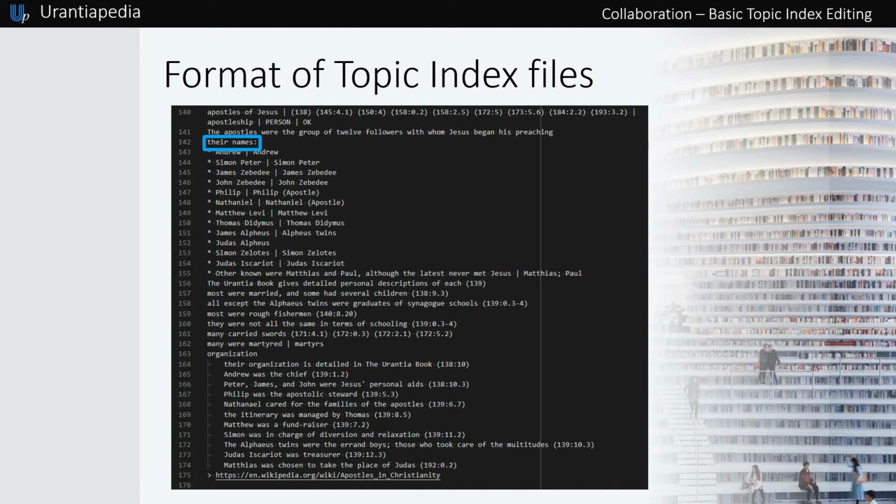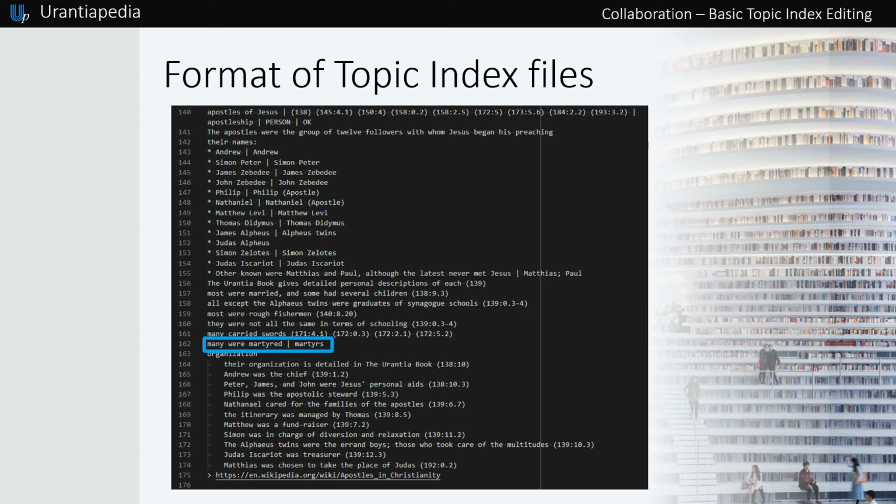A line like "Philip was the apostolic steward" is a line with a single cell and contains one reference and uses parentheses for this reference. A line like "many were martyred | martyrs" is a line with two cells. So the text is "many were martyred", but the second cell, "martyrs", holds the links to other topics.